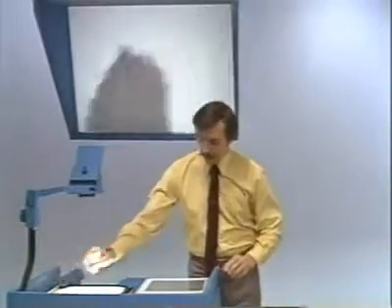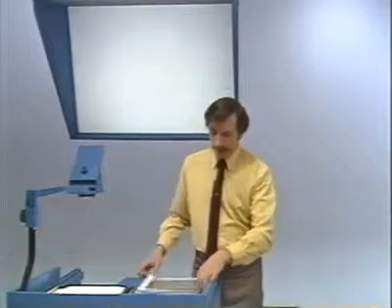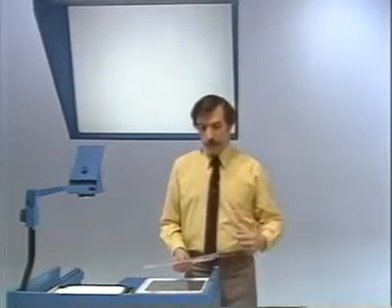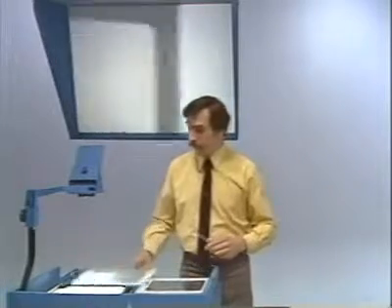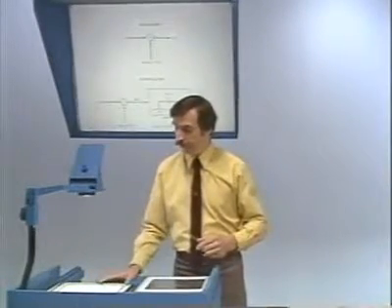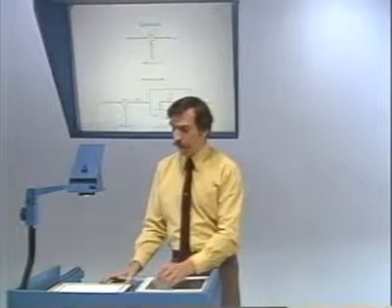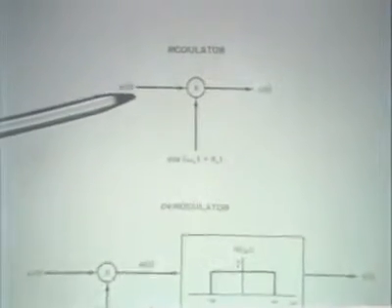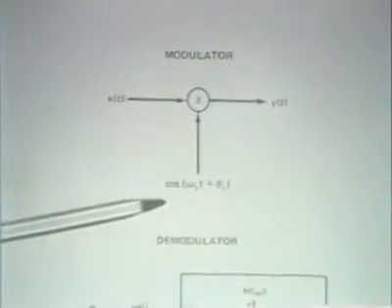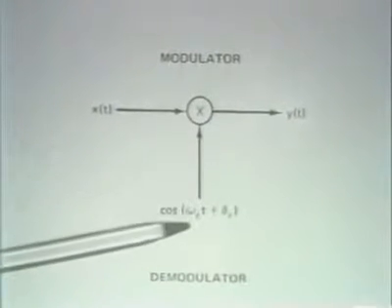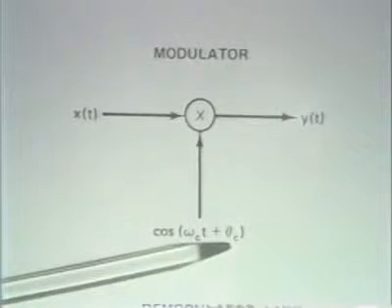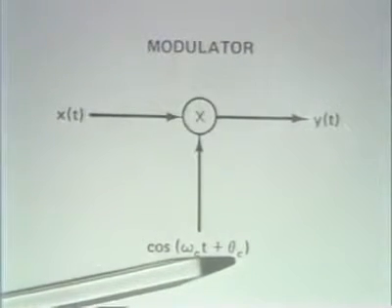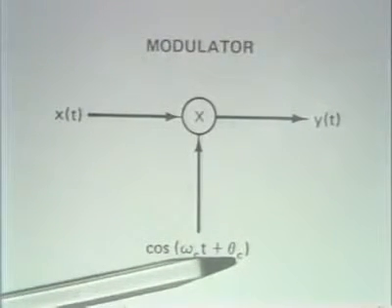Okay, so what we have is the modulator and demodulator. And just to summarize, for the case of a sinusoidal carrier as opposed to a complex exponential carrier, the modulator is just as it is in the complex exponential case. It's multiplication with the sinusoidal carrier with frequency omega c and phase theta sub c. In the demodulator,